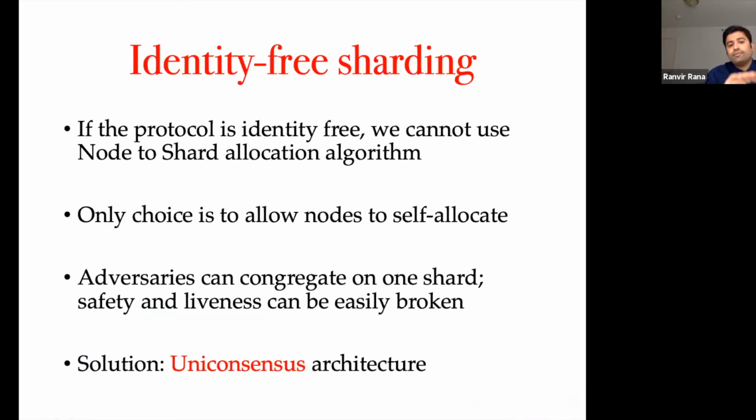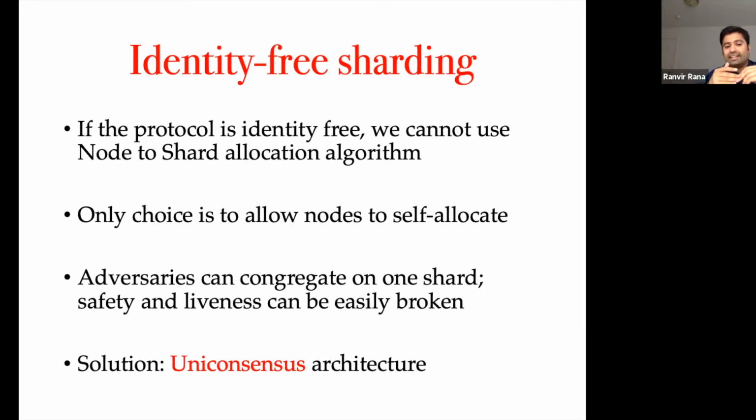So if the sharding is identity-free, we cannot use a node-to-shard allocation algorithm, as I mentioned before. If you don't have this allocation algorithm, your only choice is to allow nodes to self-allocate. And the problem with self-allocation is, if you're allowing self-allocation, why can't the adversary just congregate on one shard and break its safety and liveness? And because of that